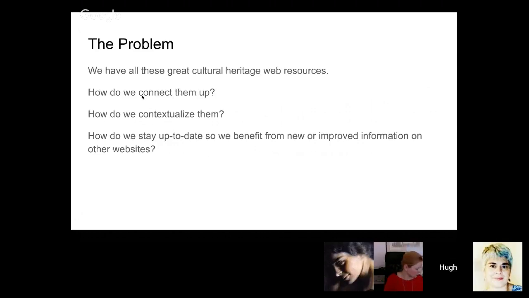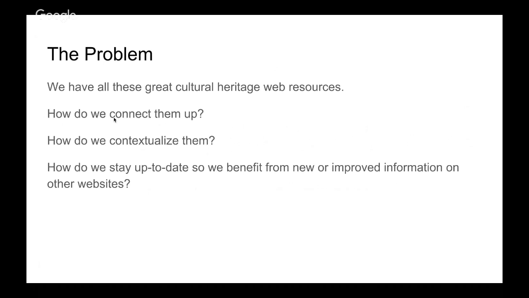And obviously, there are all kinds of ways in which cultural heritage web resources might overlap. They might share the same texts. They might share things like geographic regions. They might cover the same time periods. They might involve the same people. So there are all kinds of ways in which we might want to be able to connect up things that